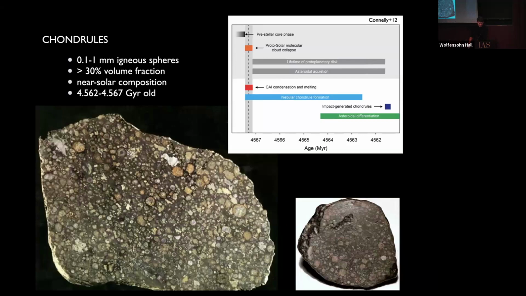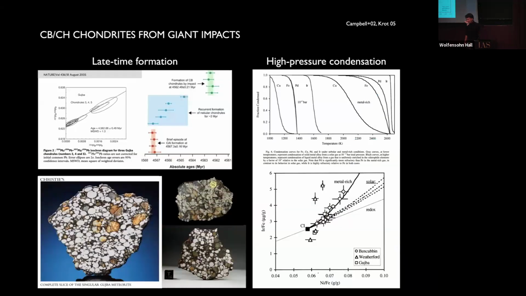Big problems. I think in the last 15 years, some progress has been made for a tiny subset of chondrites, the so-called CBCHs, carbonaceous type B or type H chondrites. And there, the case can be made, I think it's a good case, that these chondrules were melted from a giant impact. Okay, and we will add to that evidence.